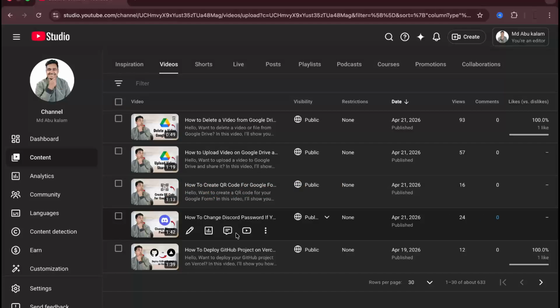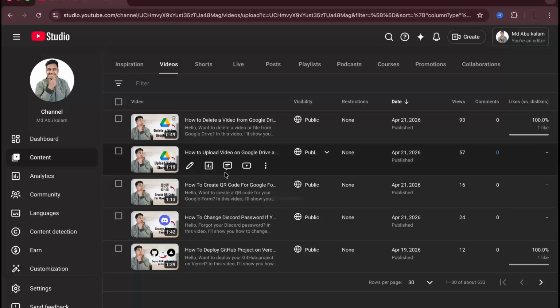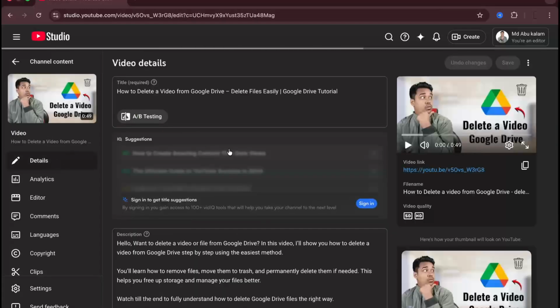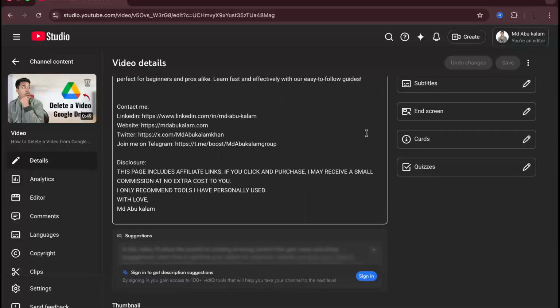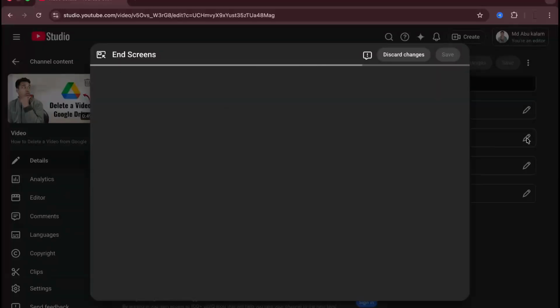First, I have already opened YouTube Studio on my Mac. Now, I need to choose which video I want to select. For example, this video, going to the edit option, then scroll down. You will see end screen. I need to click on this pencil icon,